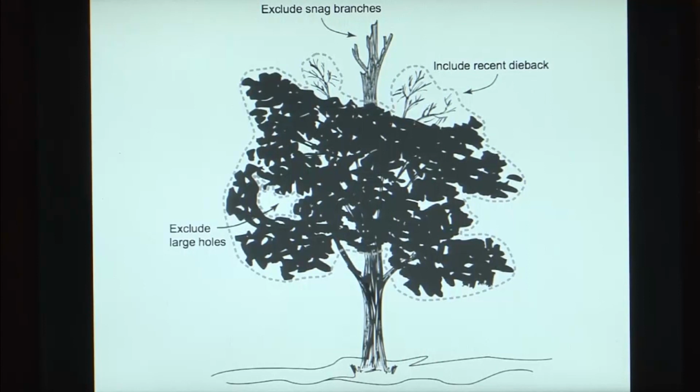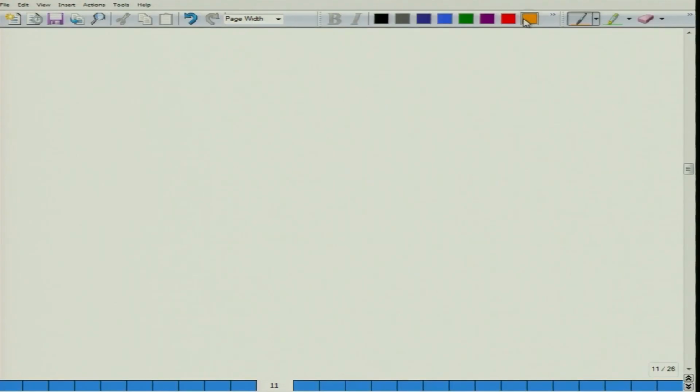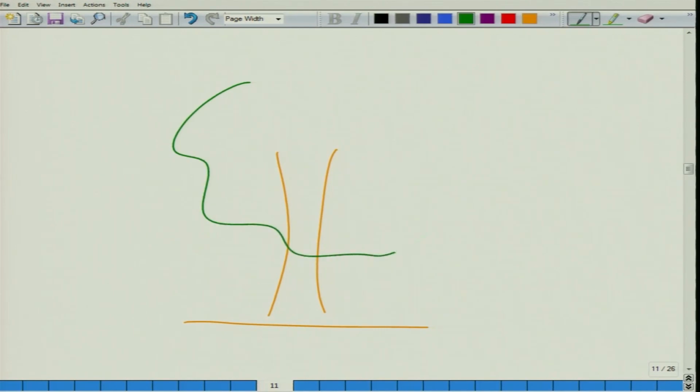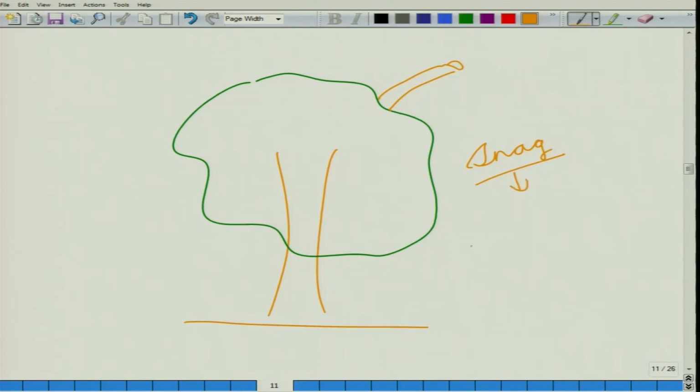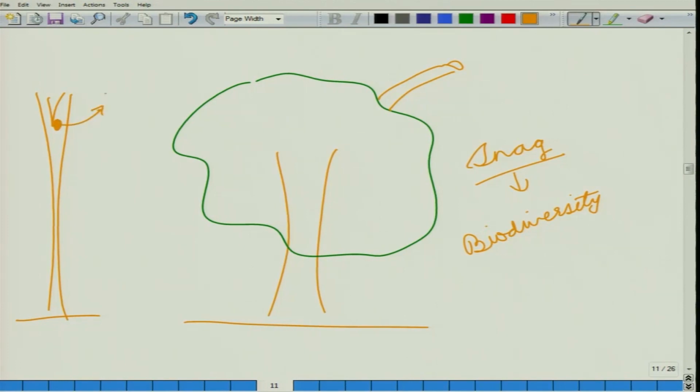To give an example, in this case the snag branches are not included. Now, what are snags? So for instance, if you have this tree and suppose it has some branch that is dead, then too that branch has some utility. We normally use this term snag in the case of management for biodiversity purposes. Even if you have a tree that is all dead, it does not have any leaves, but still it might have some holes that might be used for birds, or for instance some ants, or maybe this tree would be a